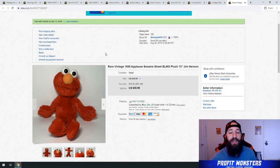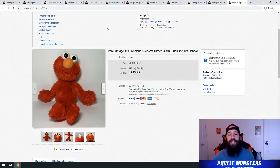This is a really cool sale. I sold this Elmo plush from 1998 for $40 with free shipping on my 20% off sale. Plush is a new niche, however you want to say it, that I'm getting into or that I've been listing lately. I always look at Goodwill now or at garage sales because you can typically pay a quarter, 50 cents,